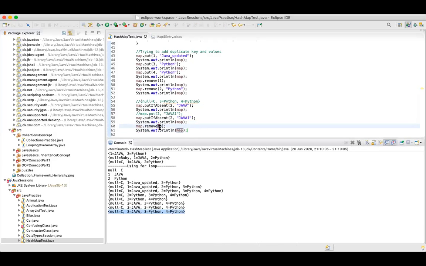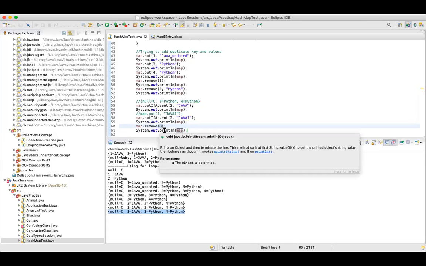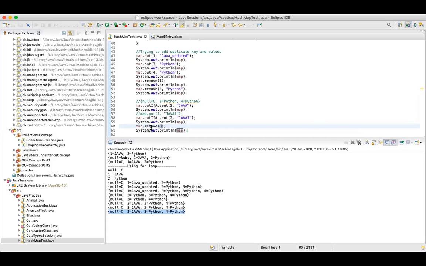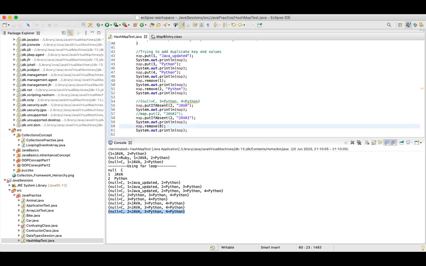So when you specify a key which is not present in your hash map, it will simply do nothing. It removes the mapping for the specified key from this map if present. If it is present, it will remove. If it is not present, it will not remove.